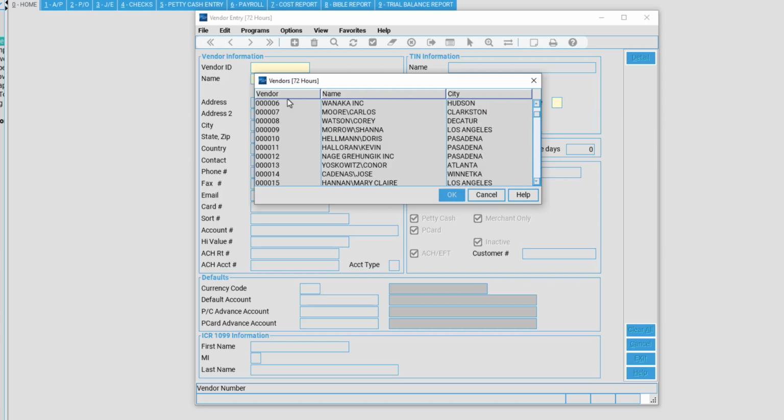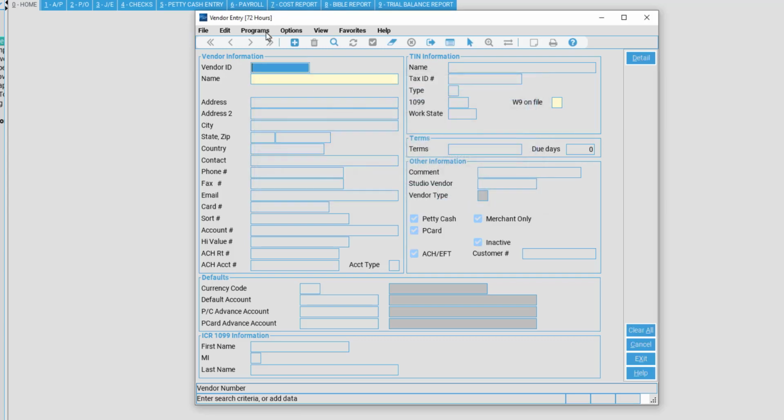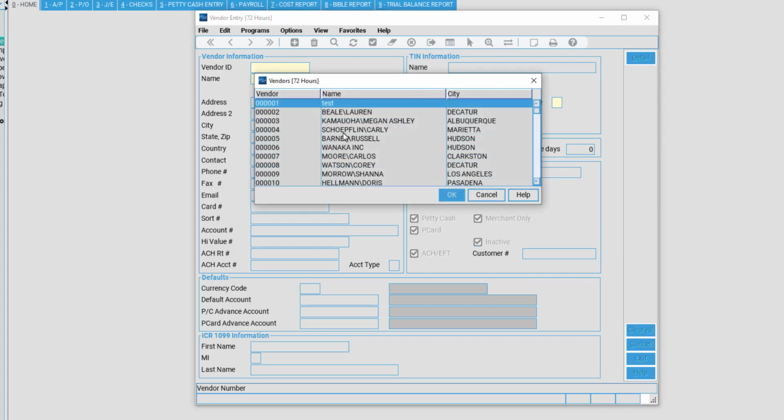If you'd like to sort by vendor number, simply click the number of vendor on the left-hand side, and it will sort by the vendor number. If you'd like to sort by name, click on name, and it will sort alphabetically by name. You may also sort alphabetically by city. Different ways you can sort here, but very useful for searching for a vendor. Hitting cancel from here, and just to reiterate, right-click in the vendor ID to bring up an available pick list